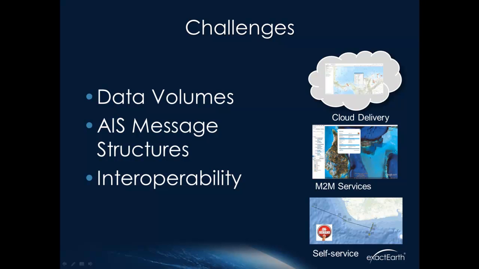So really we have three challenges with this traditional approach. One, as you will have seen, there is a huge amount of data being passed around. Secondly, perhaps more importantly to some, the AIS message structures are sometimes very complex, and a lot of our users don't really understand them or don't need to. And the third is the interoperability issue, one coming from having a particular format of AIS message, and secondly the fact that everybody has their own preferred method of looking at these data. They are very much location based, geodata if you like, and so a traditional method would be to look at them on a map, but everybody has their own way in which they may want to look at that data.